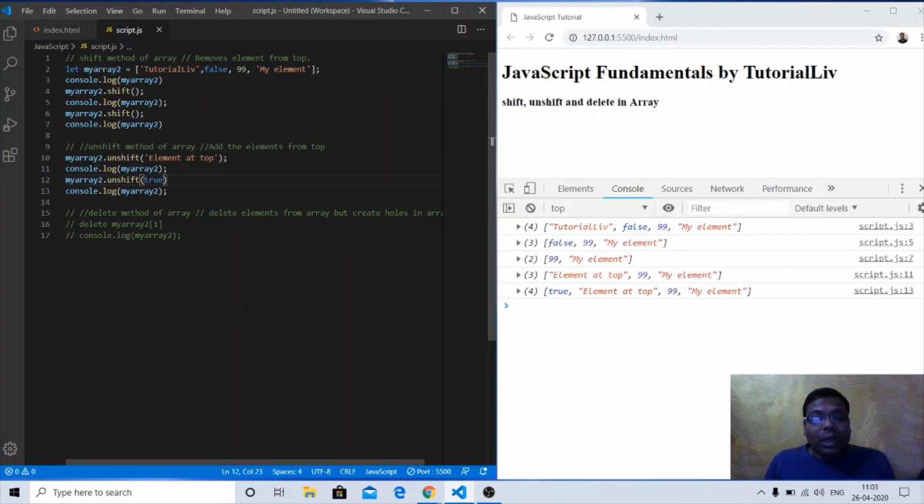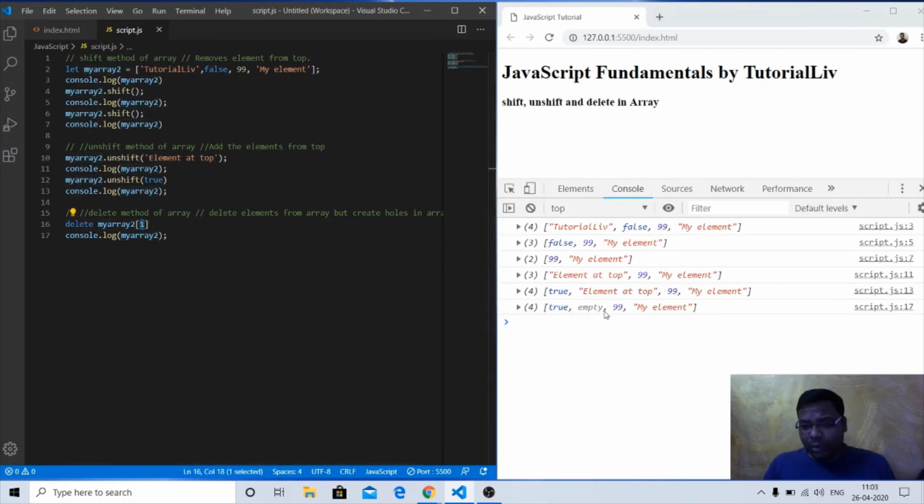Now we have one more method. If I want to delete something from an array, we have the delete operator directly. How can we use it? We use the word delete, then the array name and the index from where I want to remove the element in square brackets.